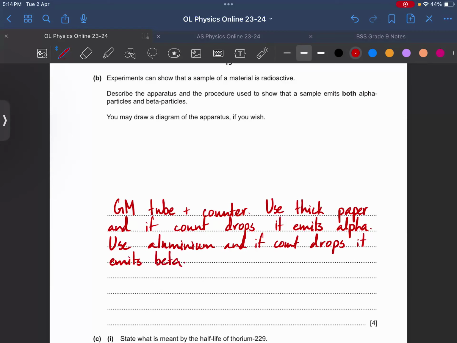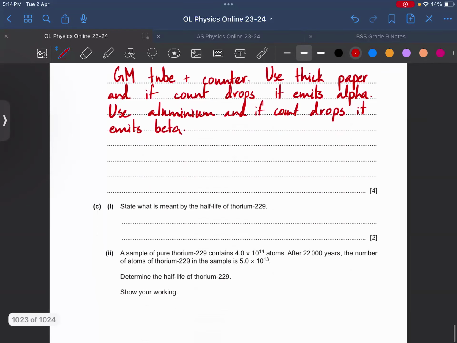ठीक है, वैसे इस केस में यू कैन ऑल्सो रेफर टू द क्लाउड चेम्बर। क्लाउड चेम्बर के ट्रैक्स में किस तरीके से वो फर्क होता है, जब वो वेपर कंडेंस होता है तो दोनों में किस तरीके से फर्क होता है, उनकी शक्लों में आप उसकी भी बात कर सकते हैं।